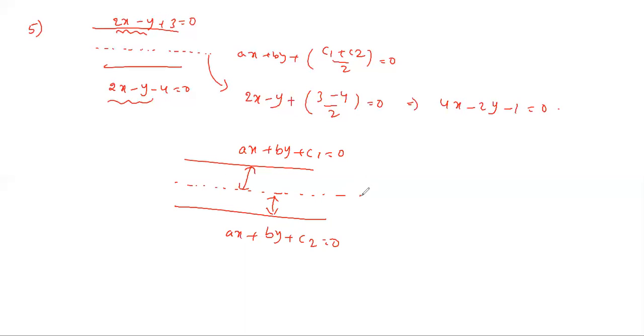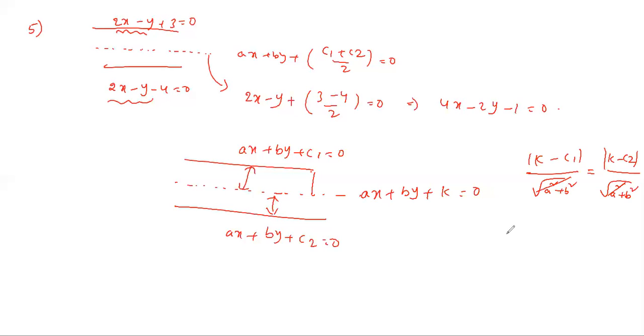Already we know parallel lines only differ by a constant. So you take ax plus by plus k equal to 0. What is the distance between the first and third, these two parallel lines? Mod c1 minus c2 by root a square plus b square. That is the second line: k minus c2 by root a square plus b square. Both are equal. Midway equation means the exact same distance.